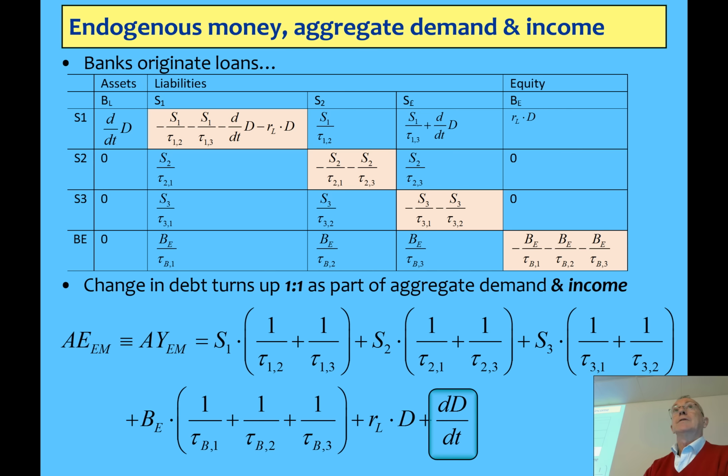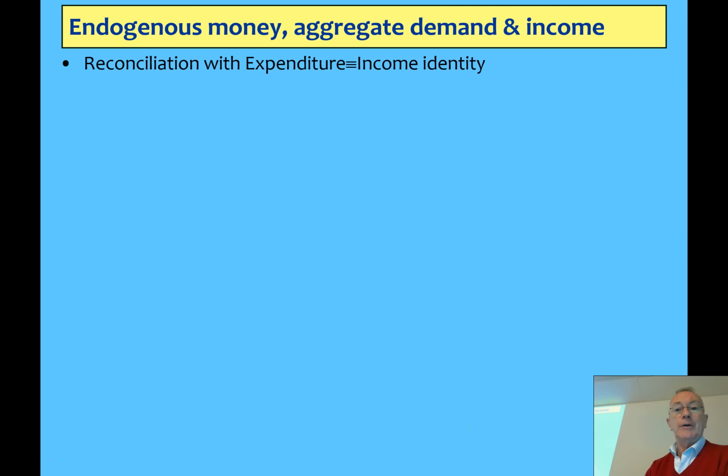Okay? So it's logically complete to say that aggregate expenditure is identical to aggregate income and includes expenditure financed out of existing money plus gross financial transactions. If I included deposits, interest on deposits as well, that would turn up as a positive there, not a negative, plus change in debt. And that's your full statement of aggregate demand, aggregate income, and the role of change in debt. And that's what's being left out of neoclassical thinking and not yet properly integrated into post-Keynesian.